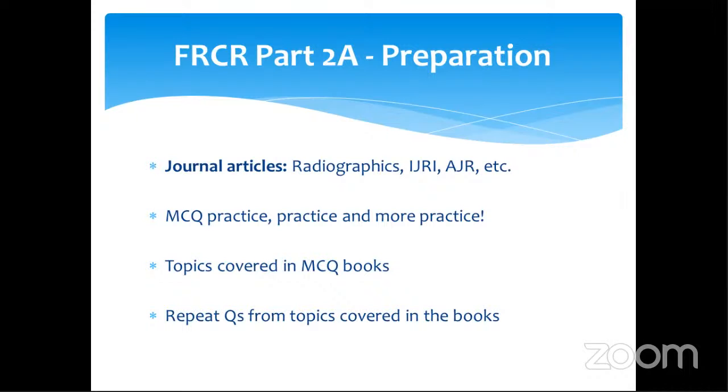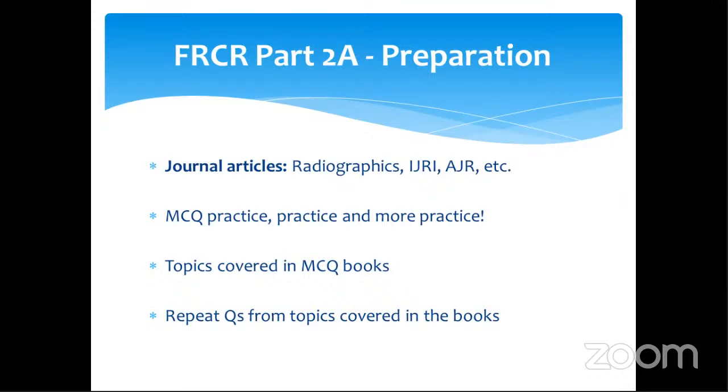It's important to cover all the topics in MCQ books, because the questions you are going to get in your exam are going to be from these topics themselves. For example, if there is a question on rectal MRI in an MCQ book, I found that a similar question may be asked in the exam. They may change the options or the clinical history a little bit, but the topics for the questions